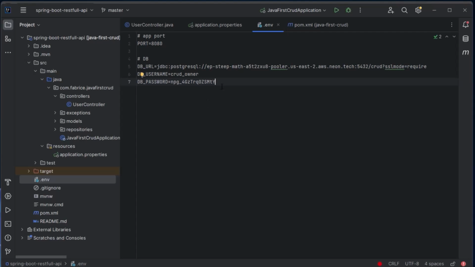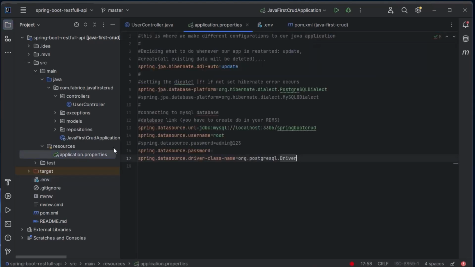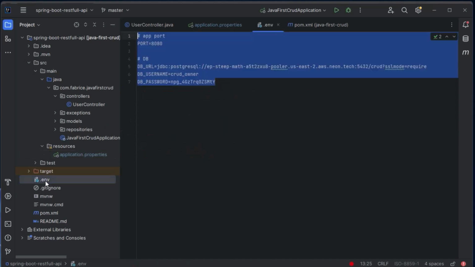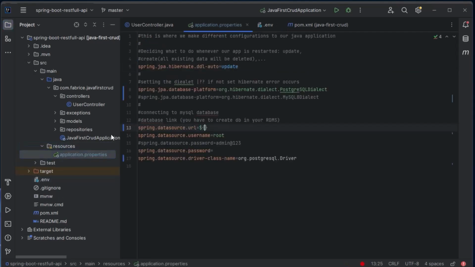We just need to reference all these environment variables within our application.properties. So for the database URL, for our data source URL, let's remove this one and do $ curly braces, and let me go back to the env file and copy the environment variable name, paste it here.